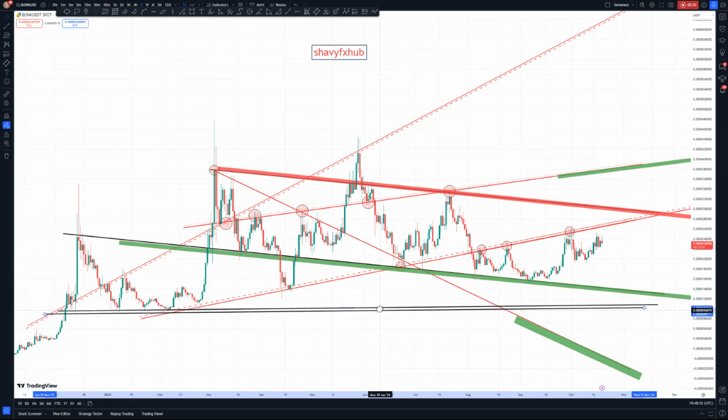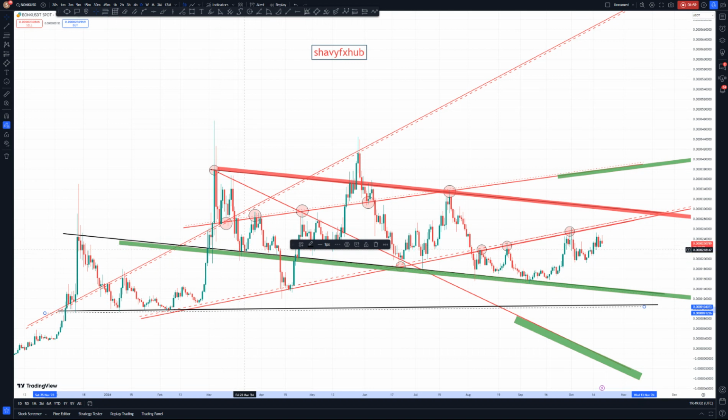So this is a floor. This is a demand floor. By the structure of the market, we want to assume this to be a demand floor, that in the future, we want price to play back into the demand floor to give us a swing. So when price played into the demand floor, price upswinged and on its way down, create